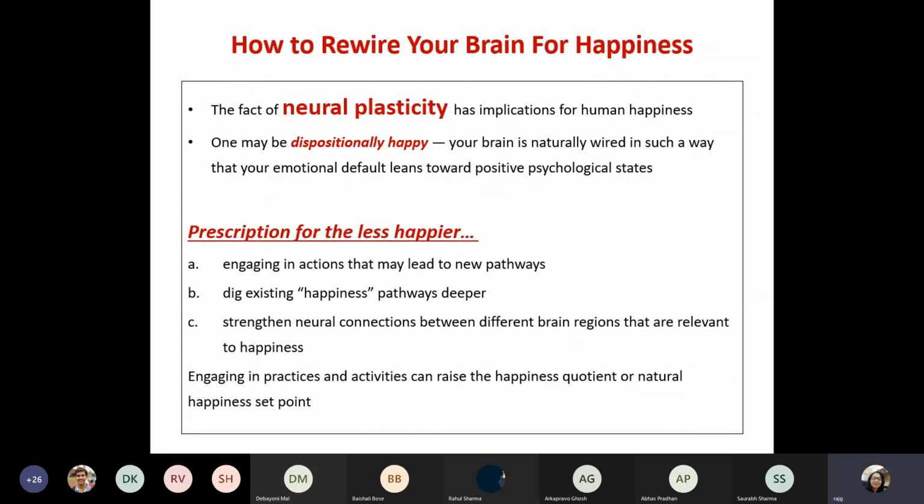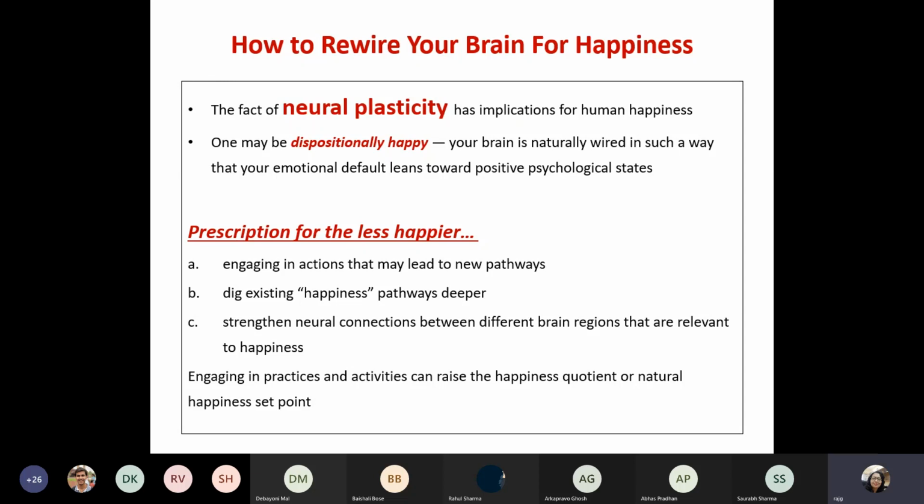Now, can you change the way you think about it? It's not going to change the situation. Please understand, when we do this rewiring, it does not mean that you forget everything that's happened, forget whatever unpleasant has happened. It's not that. But you train your brain to engage in actions so that the next time you think about something, say COVID, it gives you some different way to approach the word COVID.